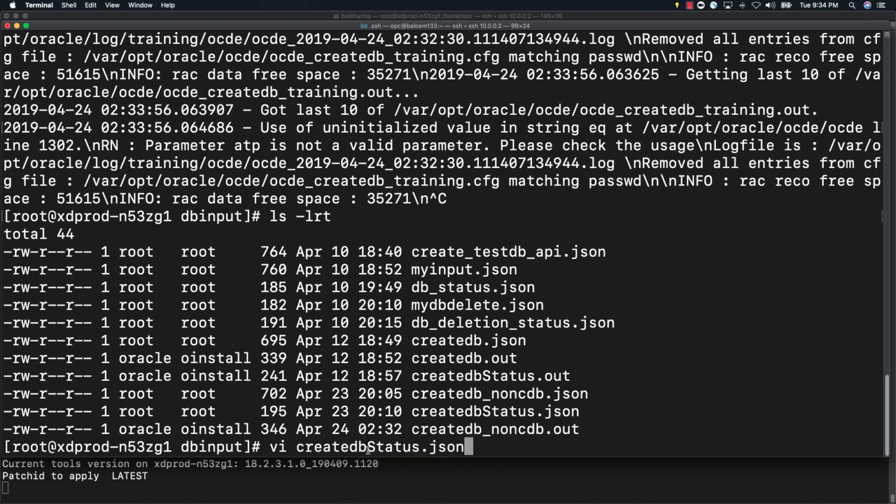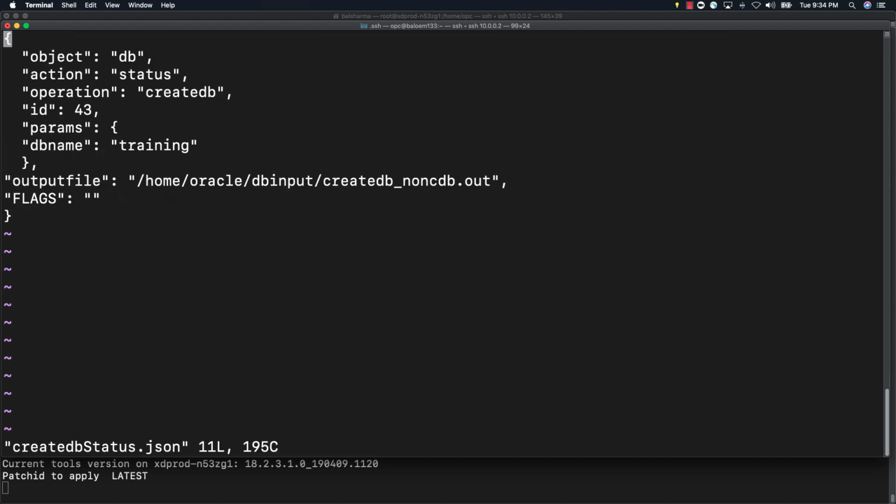So this is the second step. In the first step, we created the JSON file for database creation, we ran it, and then we got the process ID from the out file. Based on that, we are creating this create_db status.json file. In this one I have already specified the object is DB, the action is status, which is what we want to monitor now, and the operation is create_db. The only thing I have to change is the ID value, which is going to